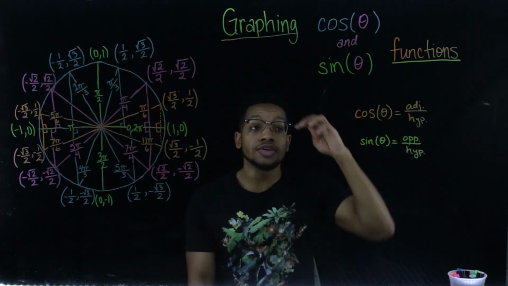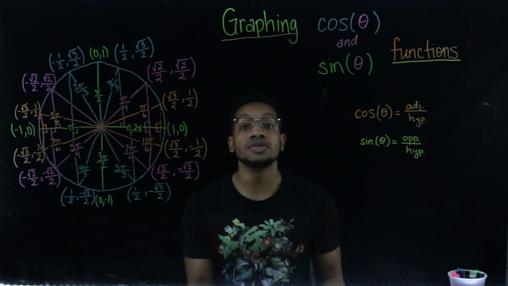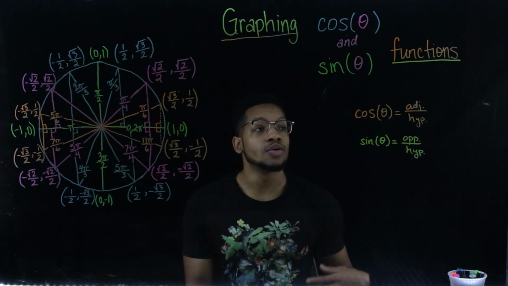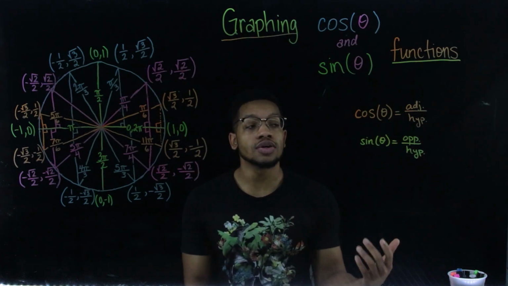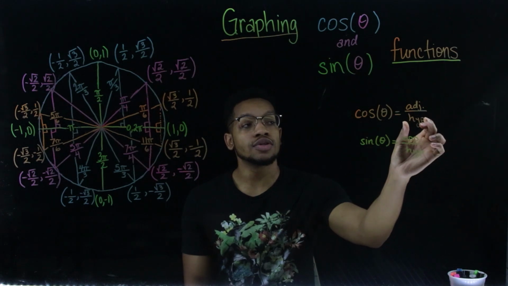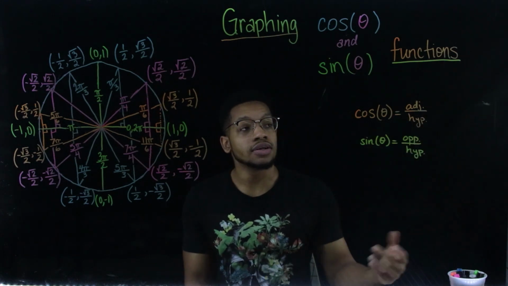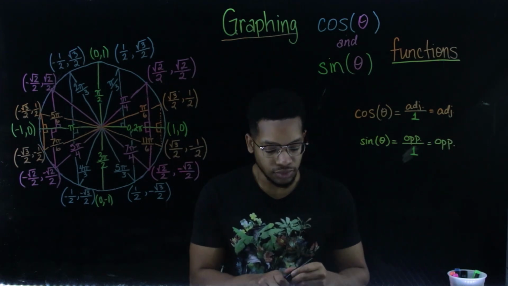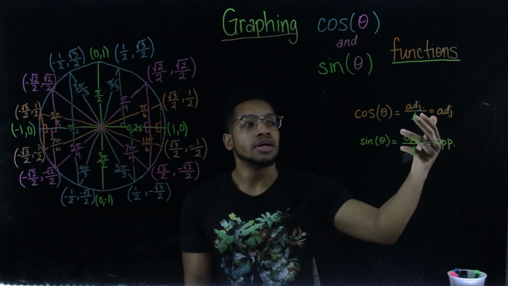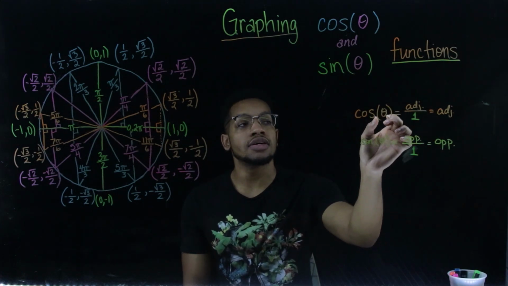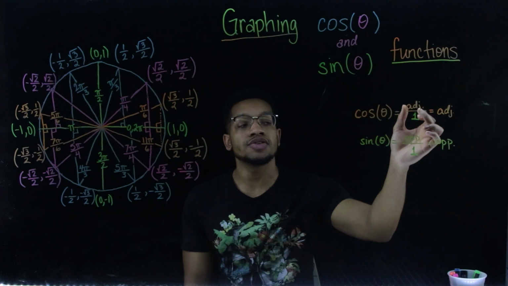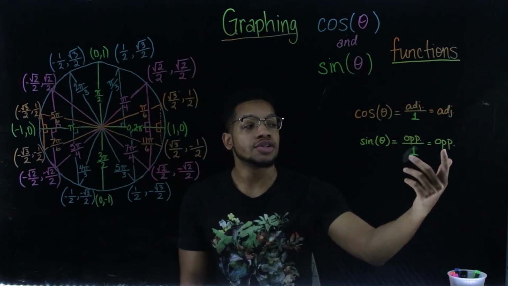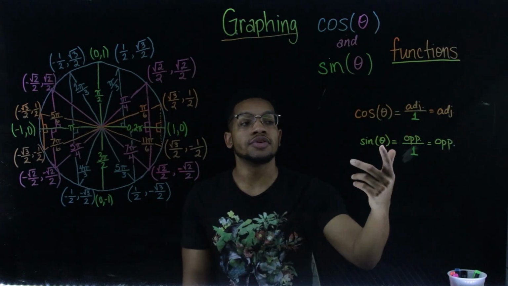Now, since we're talking about how these functions relate to the unit circle, our hypotenuse, if you remember, was the radius, which is 1. So with the cosine and sine of anything in the unit circle, if we're dividing by the hypotenuse, we're dividing by 1, which doesn't do anything. So because we're dividing by 1, the cosine of any theta is just going to be equal to the adjacent side of that triangle. Same thing with the sine function. When we do the opposite divided by 1, that's just going to give us the opposite side